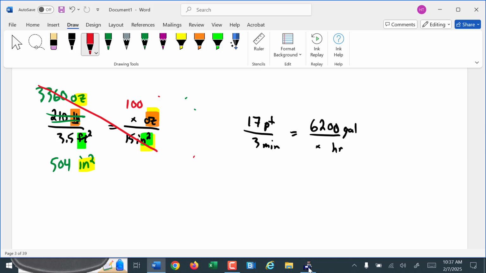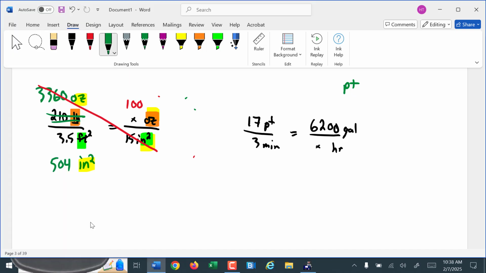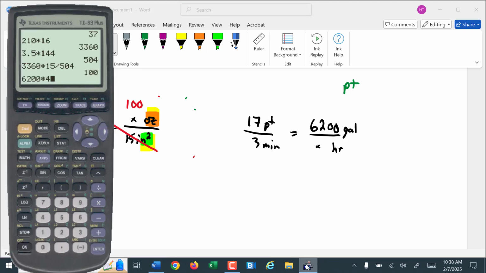So the same over here in the second one, only we're starting out with the smaller units. We still need to convert the bigger units to the small units to make this work. So gallons are going to get converted to pints. Of course, we're probably going to go from gallons to quarts first. So we start out with the 6,200 gallons. How many quarts in a gallon? 4, so times 4. And then how many pints in a quart? 2, so times 2. So 49,600 pints